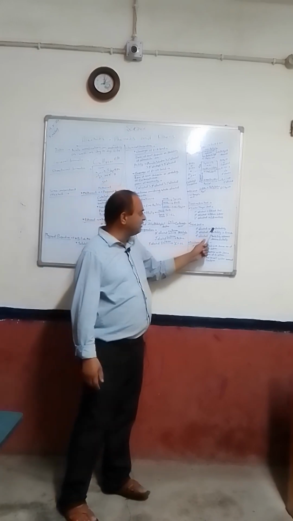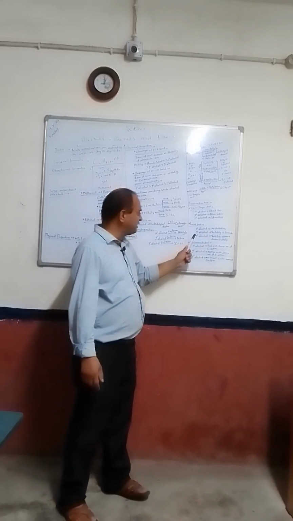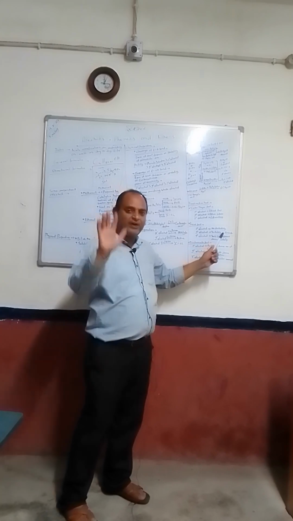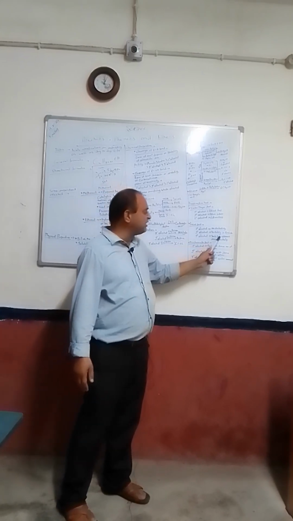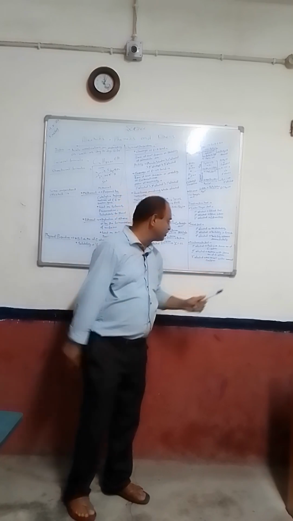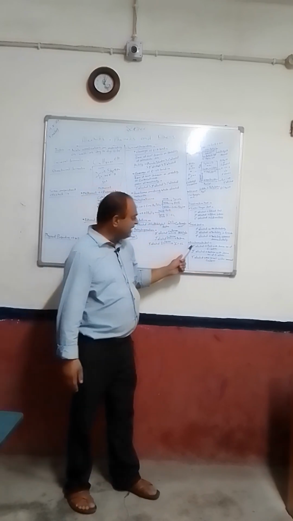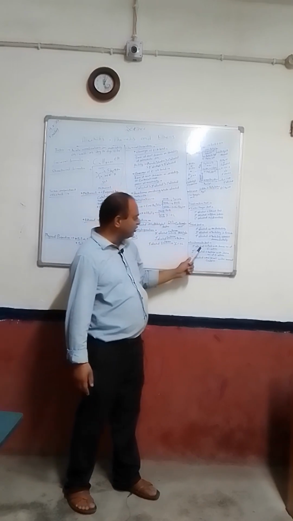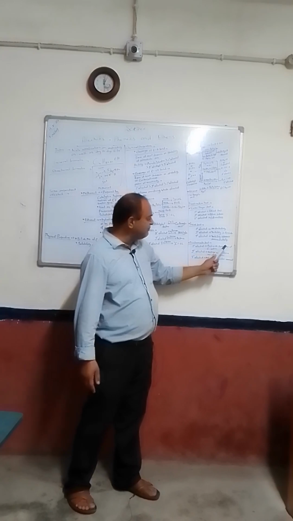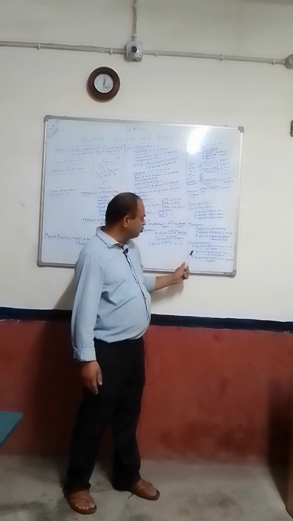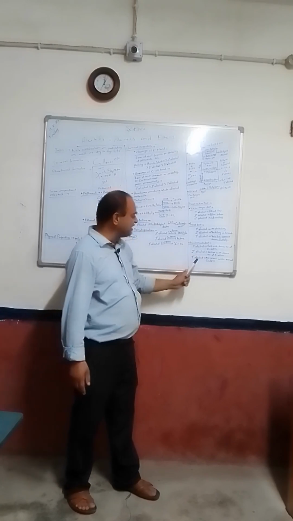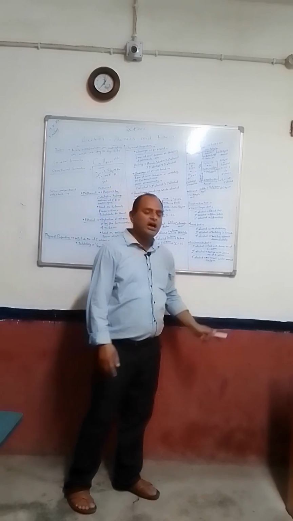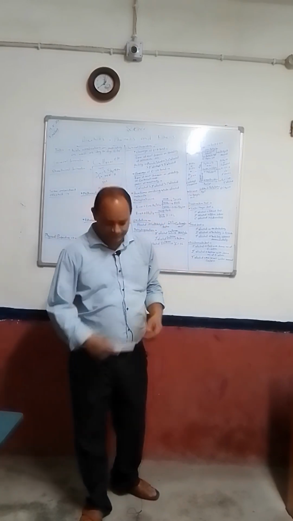In the Lucas test, the 1 degree alcohol shows no turbidity. In case of 2 degree alcohol, turbidity appears in 5 minutes. And in case of 3 degree alcohol, turbidity appears immediately. In the dichromate test, 1 degree alcohol gives acids with the same number of carbon atoms, 2 degree alcohol gives ketone with the same number of carbon atoms, and 3 degree alcohol gives no reaction under normal conditions.